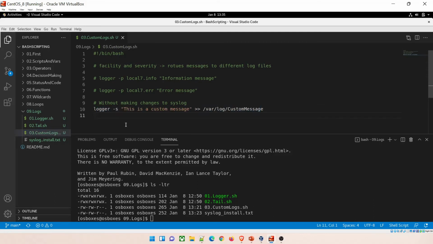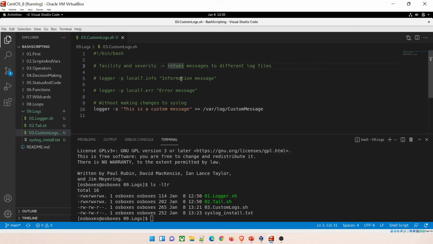So there are a few changes that I want you to understand. If you want to study the facility and severity, you can do a lot, and you can Google online to see what exactly it stands for and how it matters. Here it's not in the scope of this course because it's more of a Linux thing, and we are not going deep into Linux right now. We are just doing the scripting part.